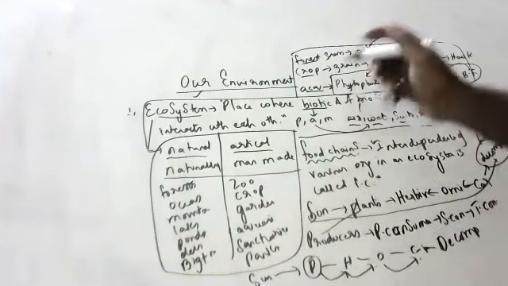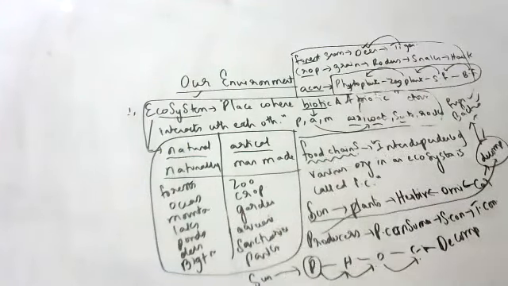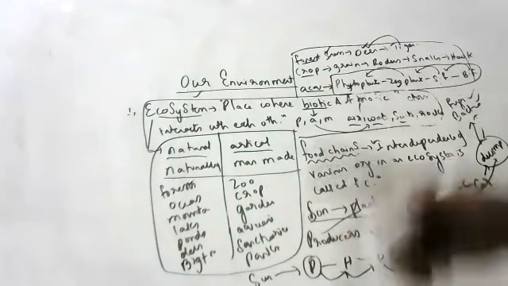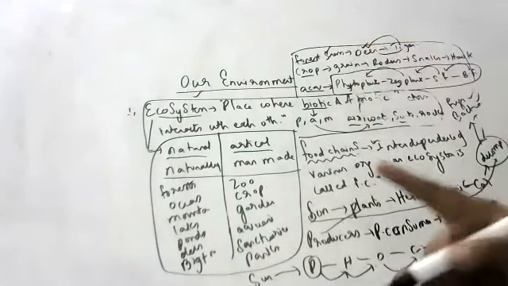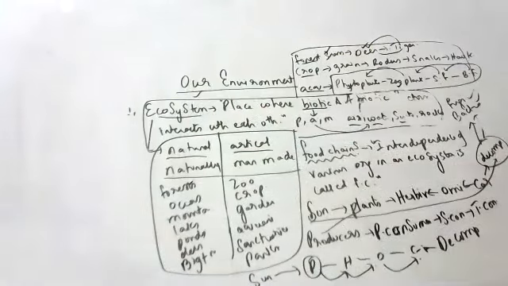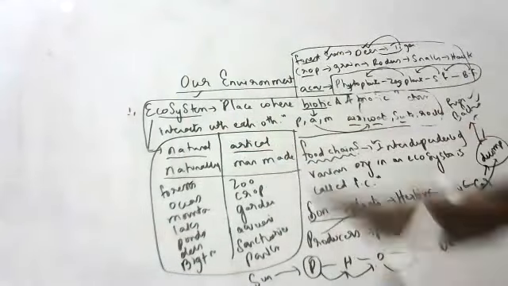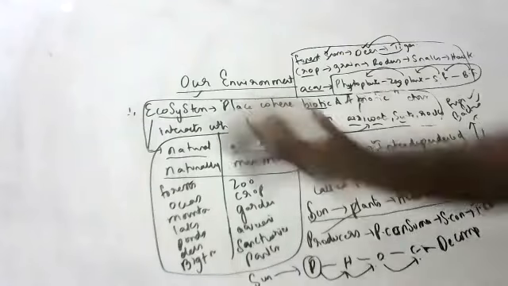Deer can be eaten by lion also. Deer can be eaten by cheetah also. Deer can be eaten by any other wild animal also, children. Grass can be eaten by buffalo also, cow also, so many organisms. So one organism will not depend upon one only. It will depend upon so many organisms. All the food chains are interlinked. The interlinked food chains are called